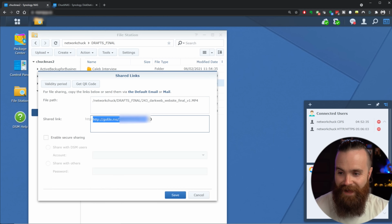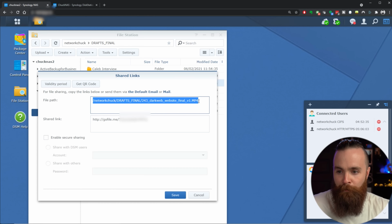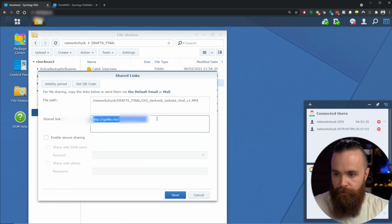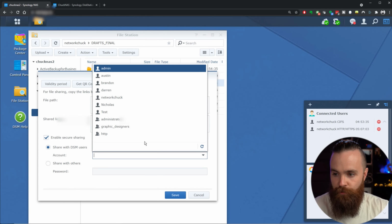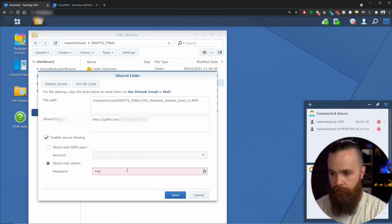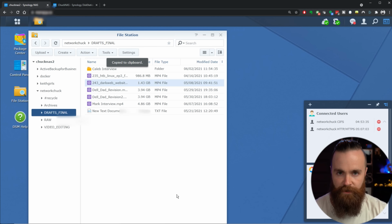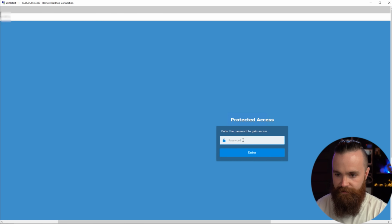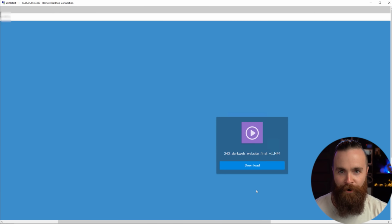Now I'm not gonna show you the entire file name because you'll be able to see some stuff I don't want you to see, but this file can be accessed from anywhere. Now notice it does show my relative path on my Synology. So if I were to navigate to it from here on my home network, that's how I get to it. But from anywhere else, this is the guy. I can add a password to it. I can share with my individual users on my system here, or just have a simple password. When I save that, let's see what happens. I'm gonna access this sucker from outside my network, and just like this, bam, there it is,